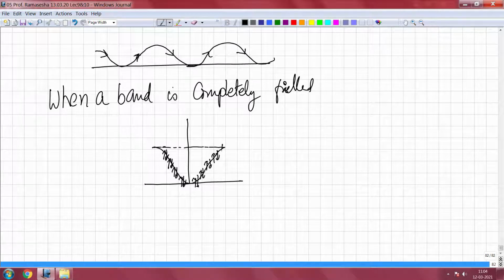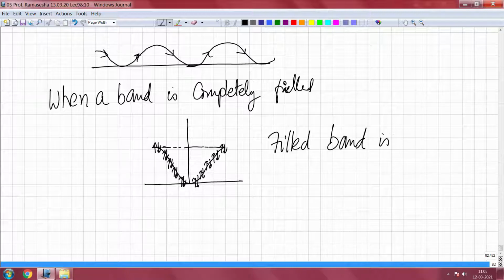Similarly, at this point, if this electron has to move up to this position, this particular state must be empty. If the state is empty, only then this electron can go, otherwise it cannot go. So even if you apply an electric field, you cannot push an electron from this state into this state. Similarly, there is a band gap here, so this cannot go either into this state or jump over because the band gap is large. So because of that, if you have a filled band, it cannot conduct electricity, or it is an insulator.